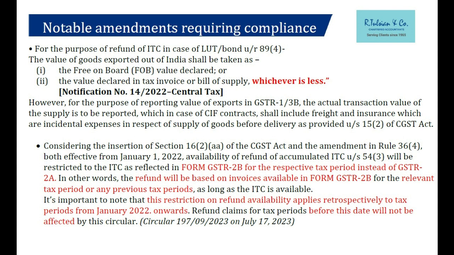2A, 2B. Extremely technical. But now, अगर 2B में from 1st of January 2022 law has come out, section 16 subsection 2 clause AA read with amended rule 36 sub rule 4, that ये rule बन गया है condition. If your input tax credit is not available in your 2B, you cannot claim in 3B. तो वैसे ही refund के लिए भी कर दिए. 2B में 1st January से अगर 2B में नहीं है, so we cannot claim that particular refund in that tax period. Wait for the supplier to file it whenever he wants to. Wait, then file a cumulative tax return. Your refund for that tax period. Right?